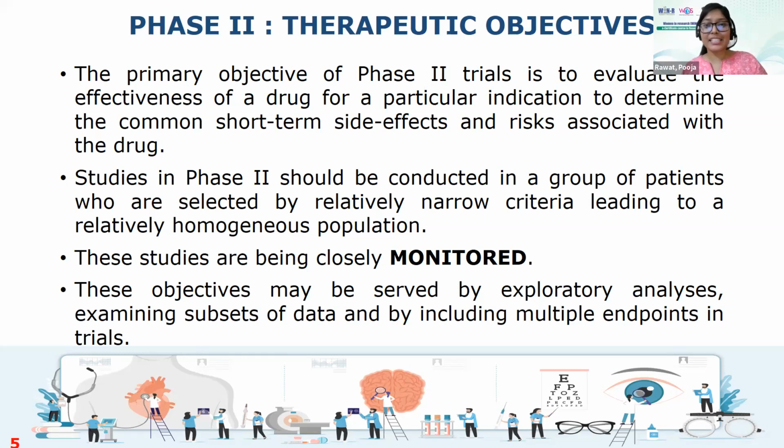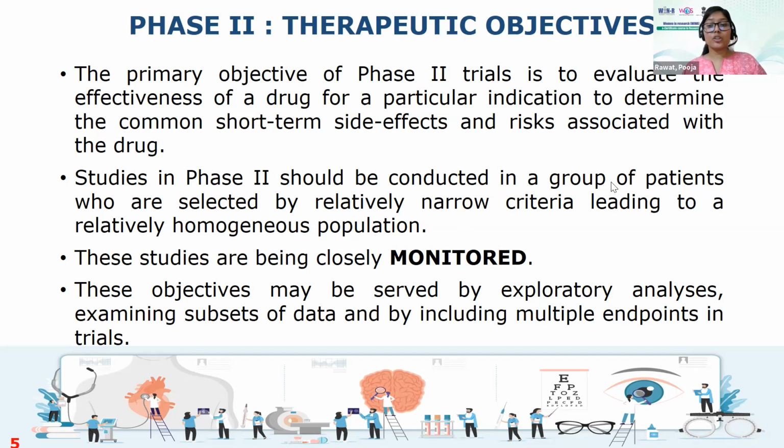Or any kind of hospitalization: I administer a vaccine and the patient's oxygen level suddenly drops, so he lands up in the ICU for 2-3 days. So prolonged hospitalization is another kind of SAE. These are the various side effects, adverse events, and serious adverse events. Okay, so in phase 2,